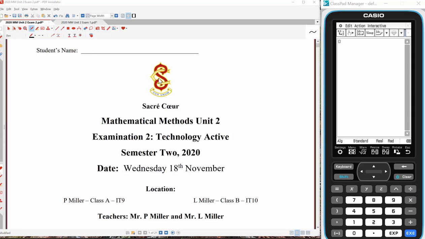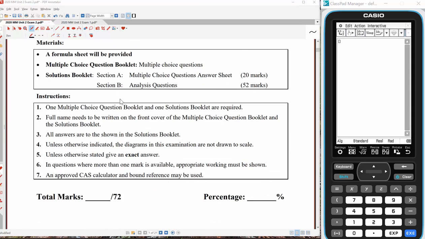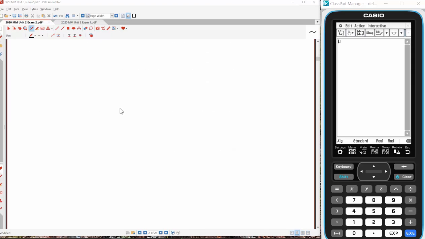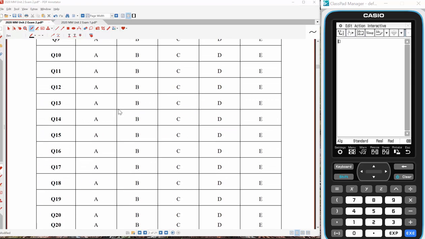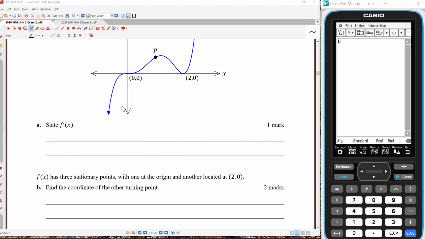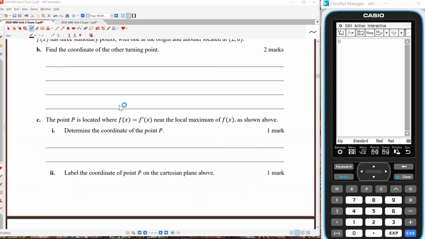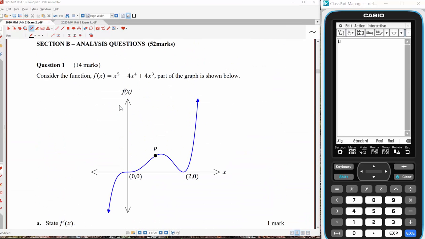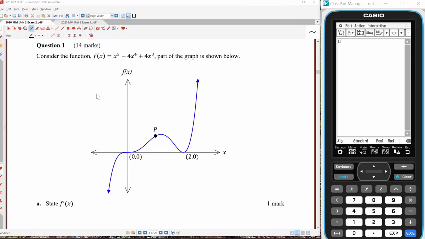Okay, so let's get stuck into the exam 2 problems. So not the multiple choice, the analysis questions. Okay, so there's question 1, and what we needed to do was find f dash x. We're probably going to use that function a bit, so I'll start this with a define f of x equals